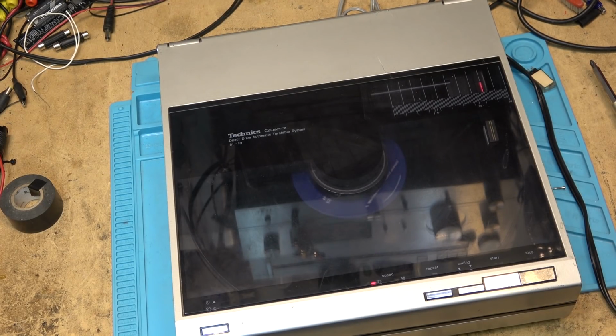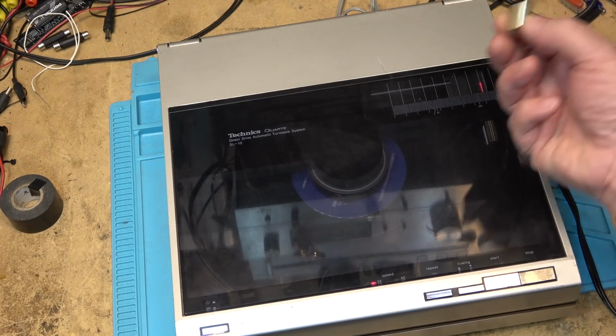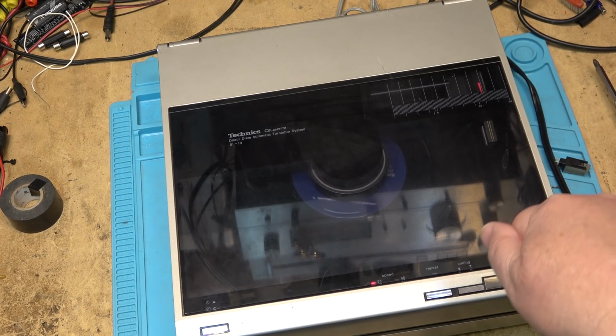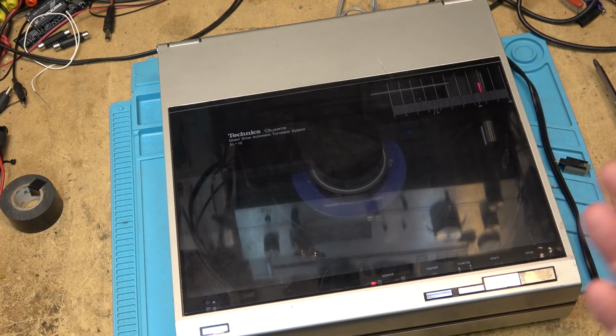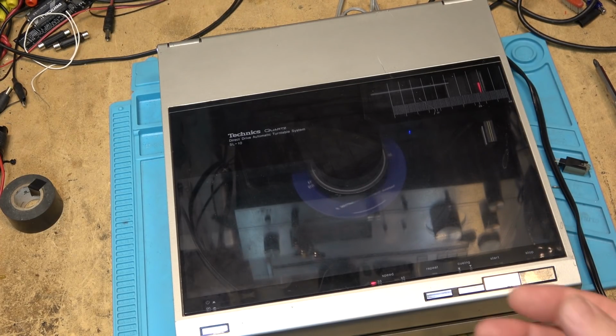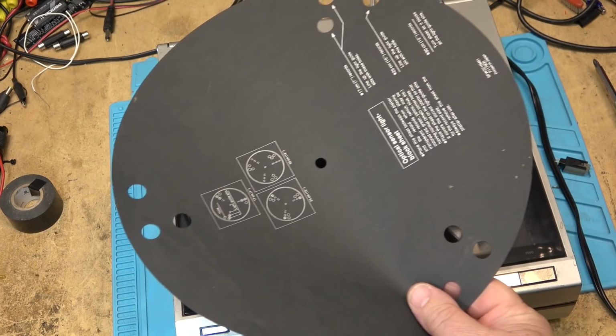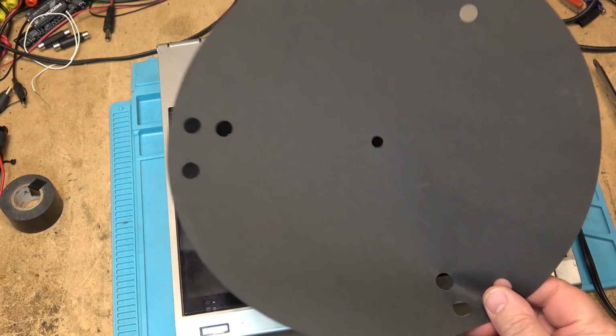And of course, put the original broken cartridge in. I just got an email from the fella. He said, well, was it not taped in place? And yeah, he had put tape on the arm, but the problem is it didn't hold. When you ship these units, there's that little lock lever on the bottom that has to be engaged. That stops the arm so that the arm can't come down. So even though he had some packing tape on it, it didn't hold, and I guess when it was being shipped, you know how they throw things around the post office, right? The arm obviously slammed down onto that, which was sitting on top of the turntable, and broke the